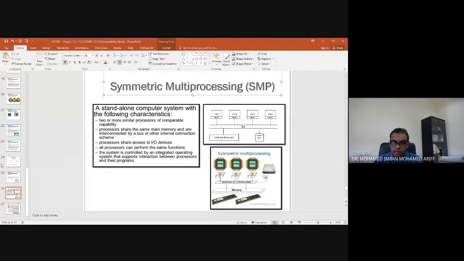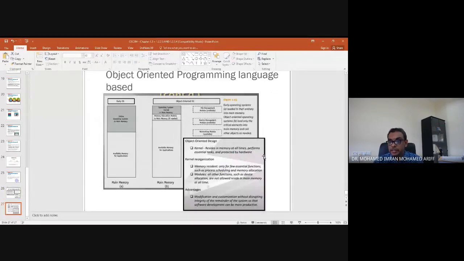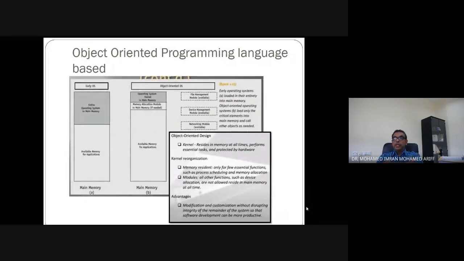Okay, next we move on into what we say as the object-oriented programming language base. In an object-oriented programming base, it's nothing to do with programming. The concept saja. Konsep yang saya nak explain kat sini is the similar concept as how we do object-oriented. If you still remember, in object-oriented you have the class, you have the object. Each class has multiple objects, and each object will do only one function.